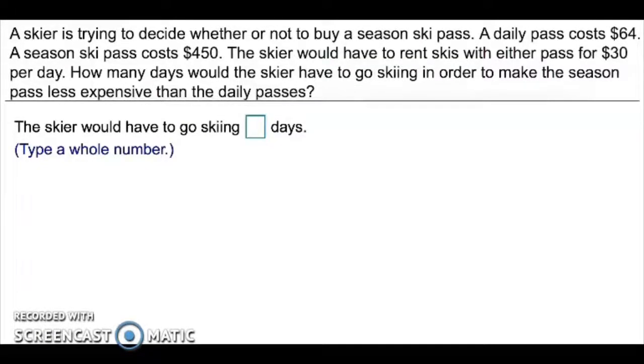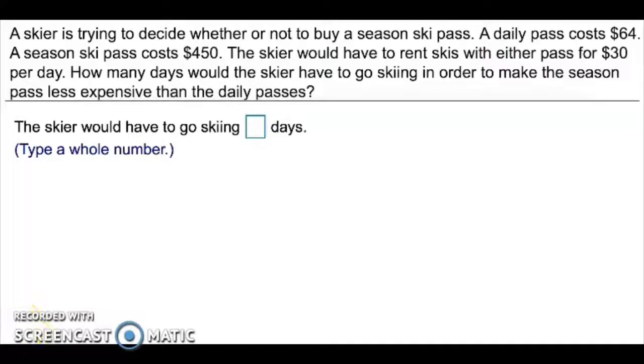A skier is trying to decide whether or not to buy a season ski pass. A daily pass costs $64. A season ski pass costs $450. The skier would have to rent skis with either pass for $30 per day. How many days would the skier have to go skiing in order to make the season pass less expensive than